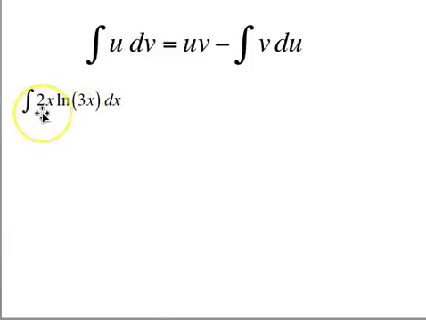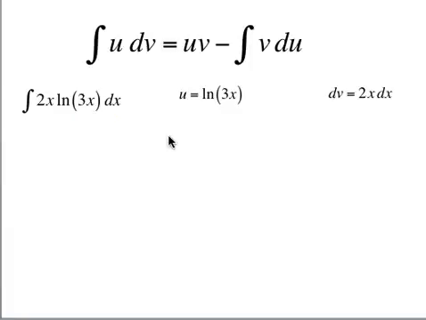Now, 2x is certainly easy to integrate, although it does make it more complicated. The integral of 2x is x squared. And usually that's not something we want. But natural log of 3x is not something we can integrate directly. So the natural log 3x is going to be u, and the dv part here is going to be 2x